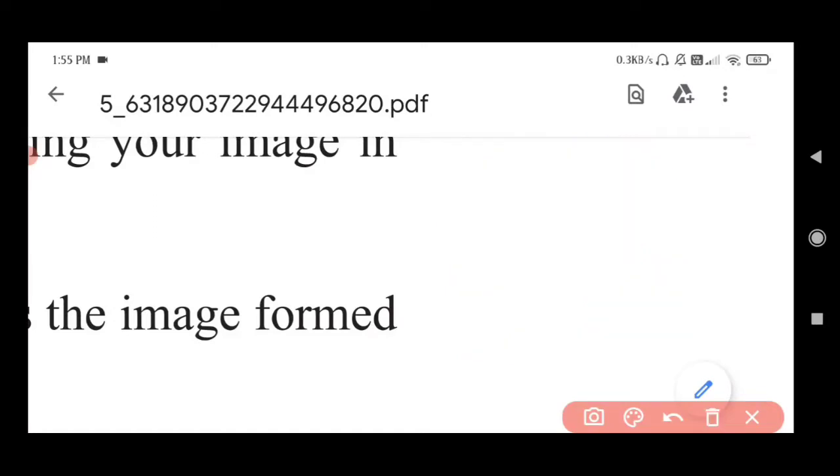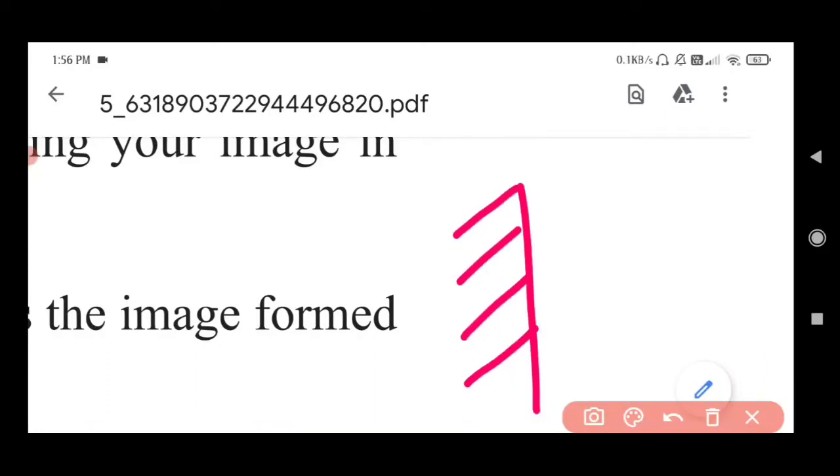Okay, so let me represent a plane mirror for you. So this is a line I have drawn, and this part is the part where you can see your face, and the back side where there is a silver painting, you cannot see your image or face. Okay, so I represent the non-reflecting part with lines like this. So this is called a plane mirror representation.